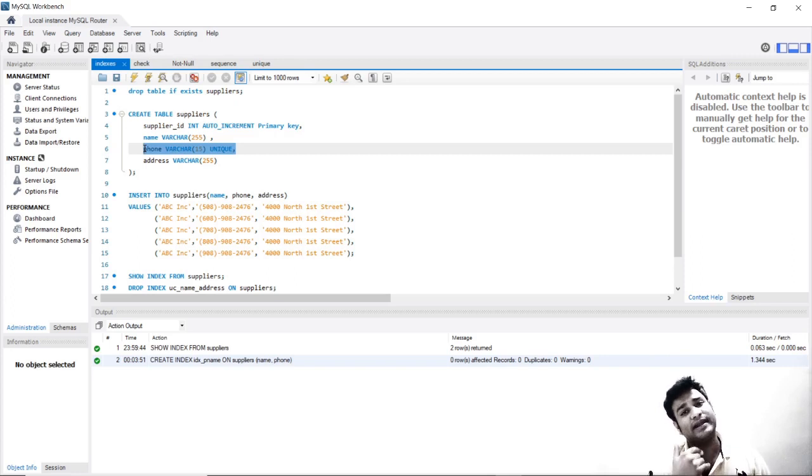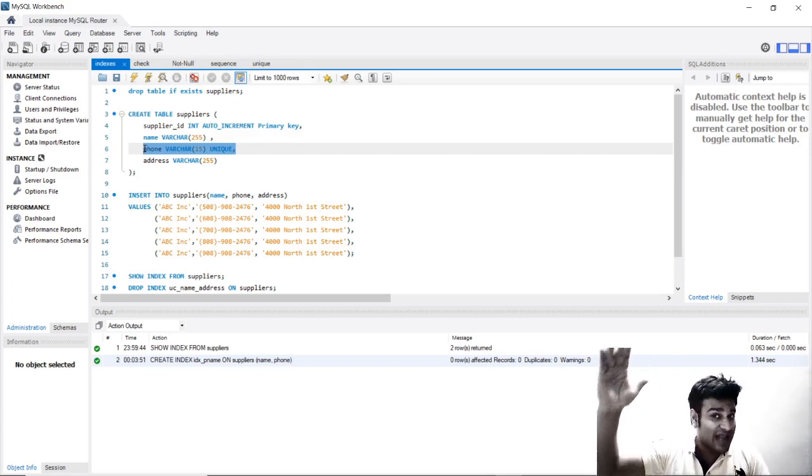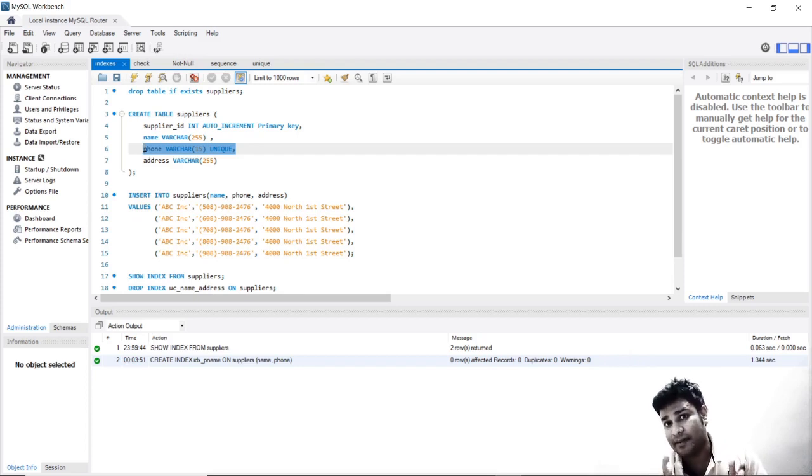People who created SQL thought, if a table has lakhs of records, understand my point, and it has to check each one of them, first record, check with the value, second record, check with the value, third record, and similarly lakhs, how much time will this take? It will take a lot of time.